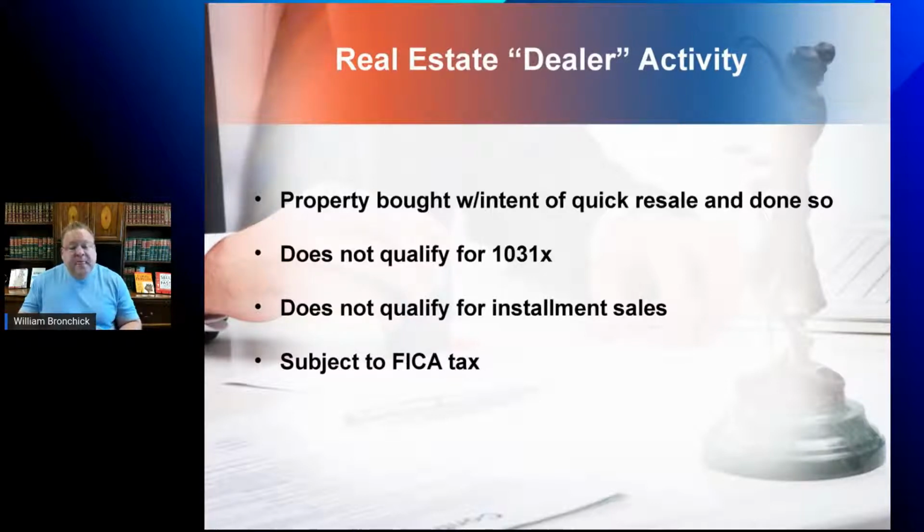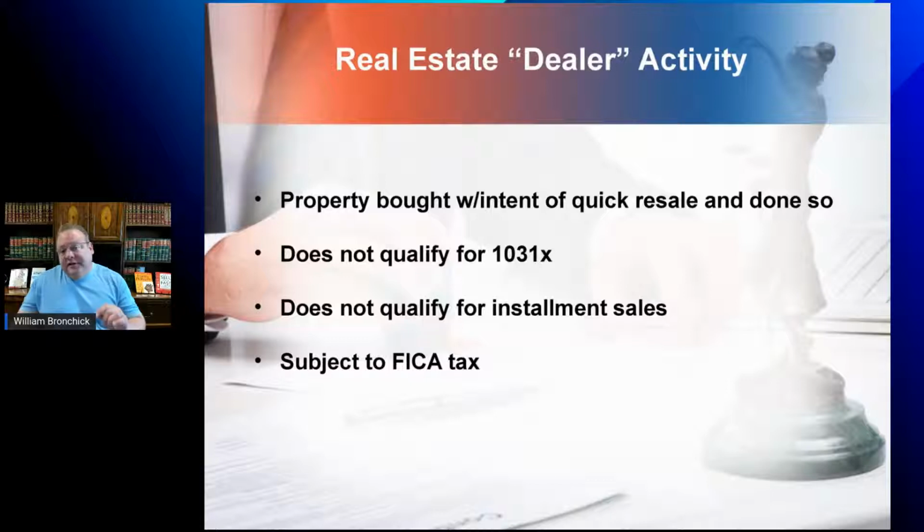This is a biggie. If you buy property and then immediately resell it on terms, like you buy and wrap, buy subject to and wrap, buy, put financing on it and wrap, buy it cash and sell it on terms, whatever. That activity, if it's dealer activity, doesn't qualify for installment sales treatment. So you can't defer the capital gains by saying, I'm not receiving all my profit at once, IRS. I'm receiving it in little pieces and reporting it as an installment sale. Therefore, I want to defer my taxes on that gain over the 30-year term of the loan. You can't do that. It's also subject to FICA tax, and that's a biggie.